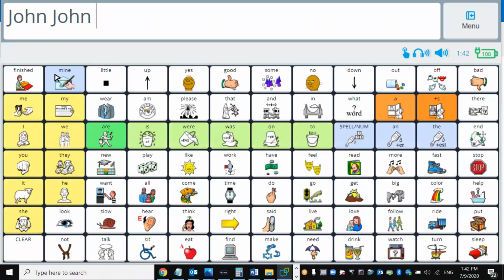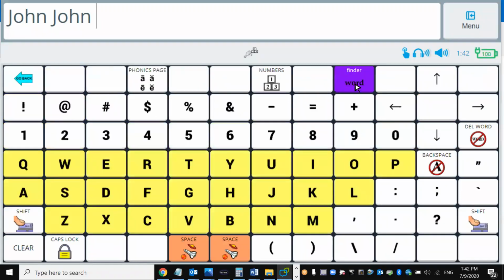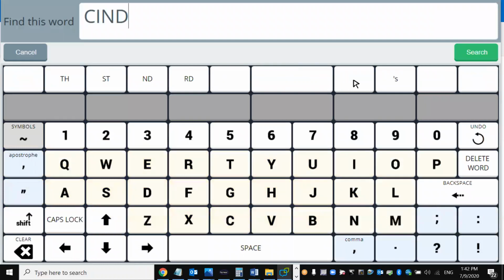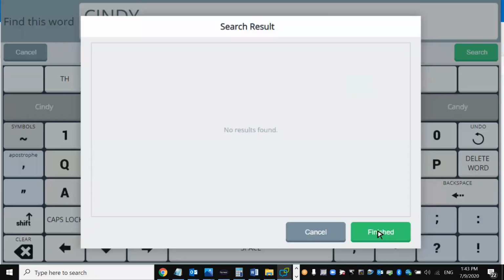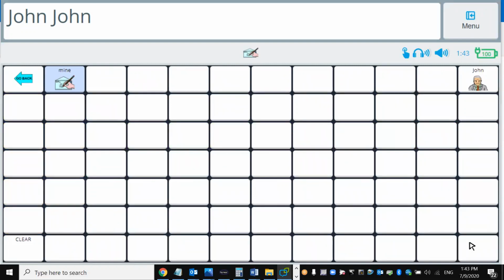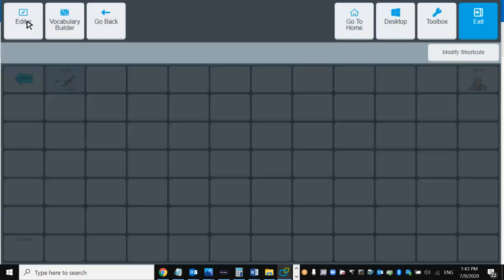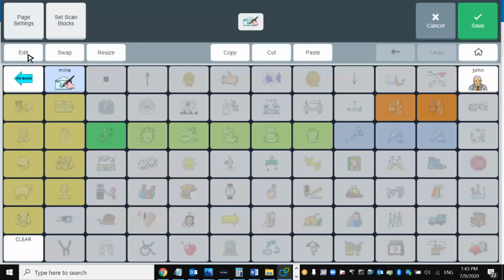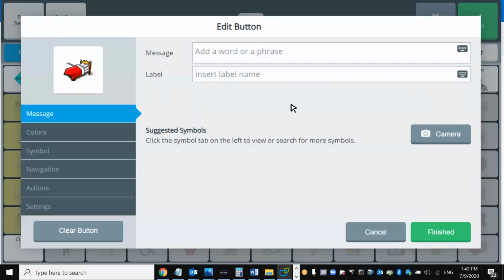So to see that again, I would make sure it's not in there. I know it's not, but I go to Word Finder, I would spell Cindy, and sure enough, it's not there. So now I'd come up with the reason why I stored it where I did. I touch this, I see the blank location. I now hit Menu, I hit Editor, I hit Edit again, I touch that blank location, and I touch here where it says Message,